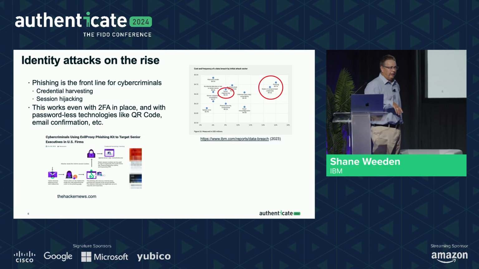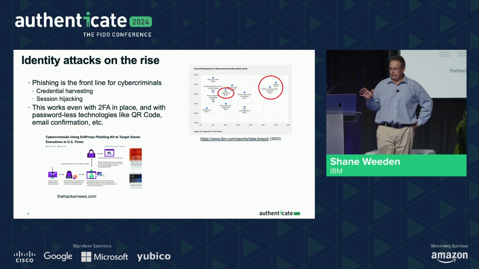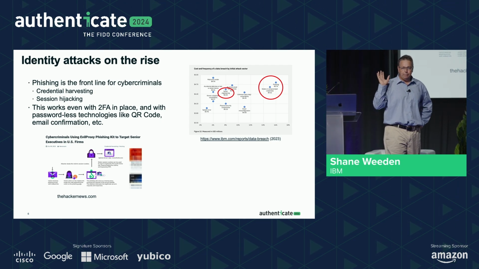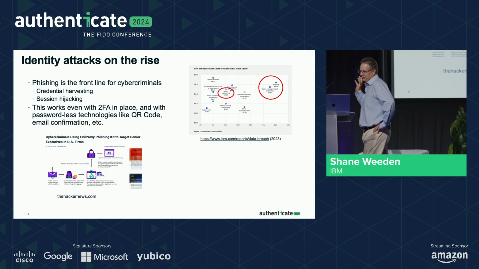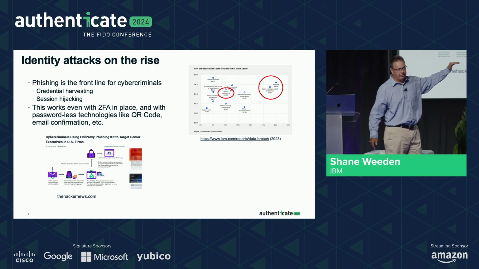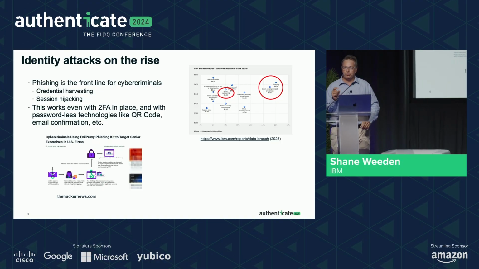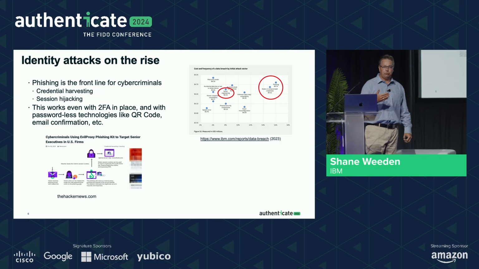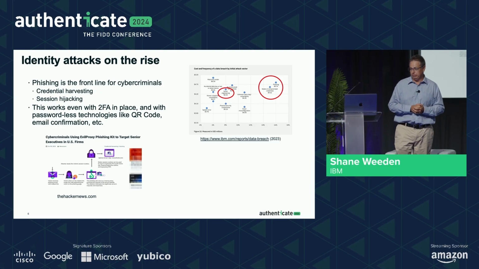On the right here, I have a little chart. This comes from IBM's Cost of a Data Breach report. We put it out every year. You do not want to be in the magic quadrant of this chart, okay? I'll just tell you how it's read. The x-axis, that's the one that goes from left to right, is the percentage of times a particular dot on this chart was the initial vector for a data breach, and the y-axis is the cost of that data breach in millions of US dollars.